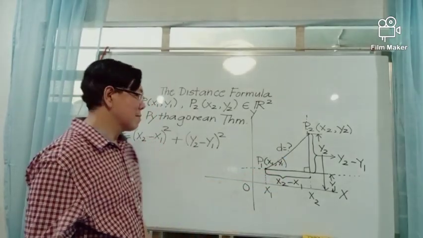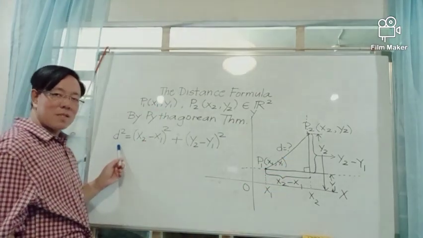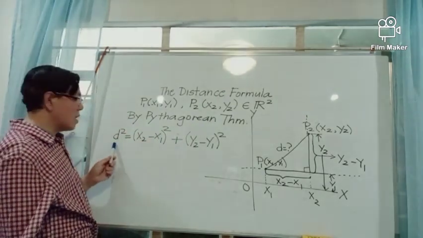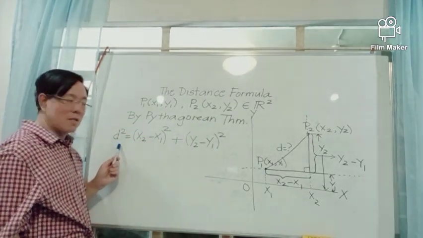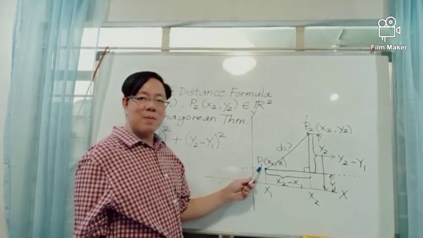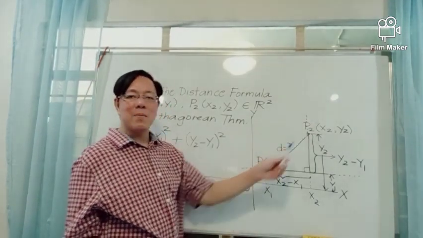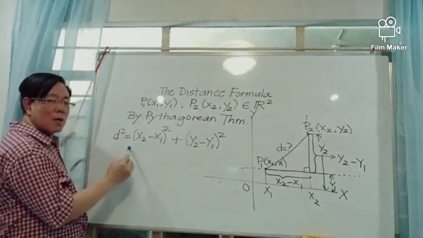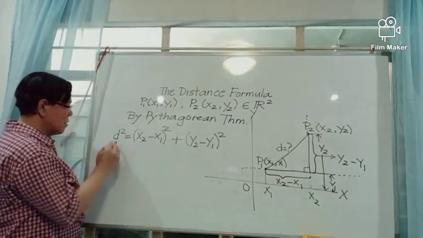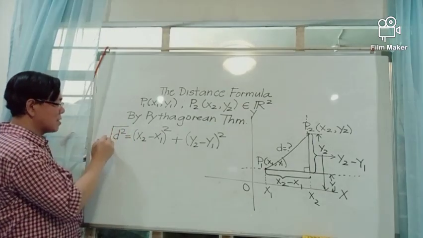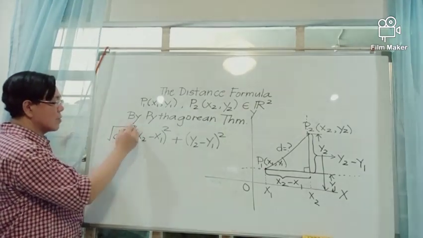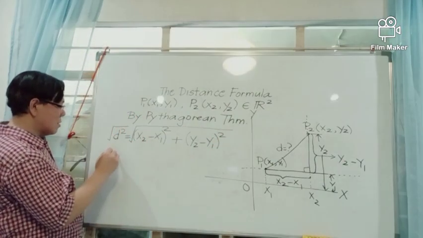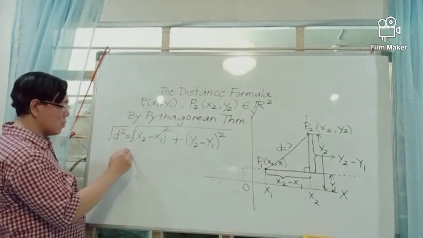right triangle. And from this equation which we obtained by the Pythagorean theorem, we can now solve for the distance D, the distance between the points P1 and P2, by getting the root of both sides. We take the root of the left side and the root of the right hand side. So the distance between the points P1 and P2